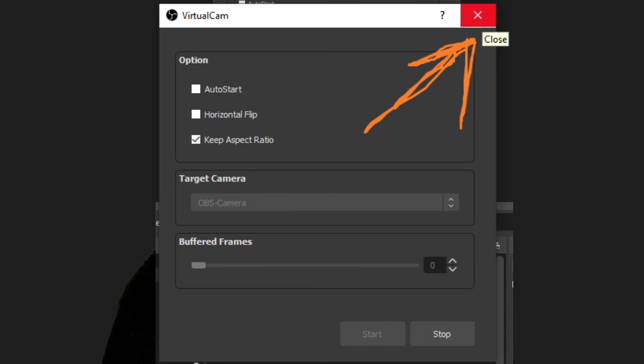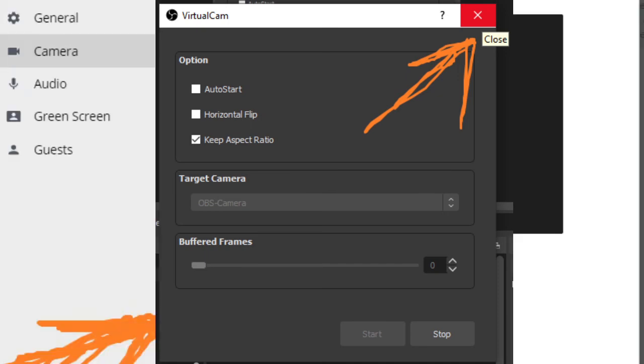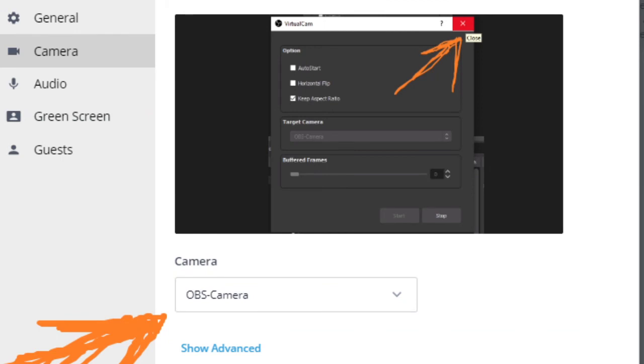You close it, and after closing you go to StreamYard, and at StreamYard you make sure you select OBS Virtual Cam. OBS Cam, you select it, and after selecting you will appear on the screen in StreamYard.